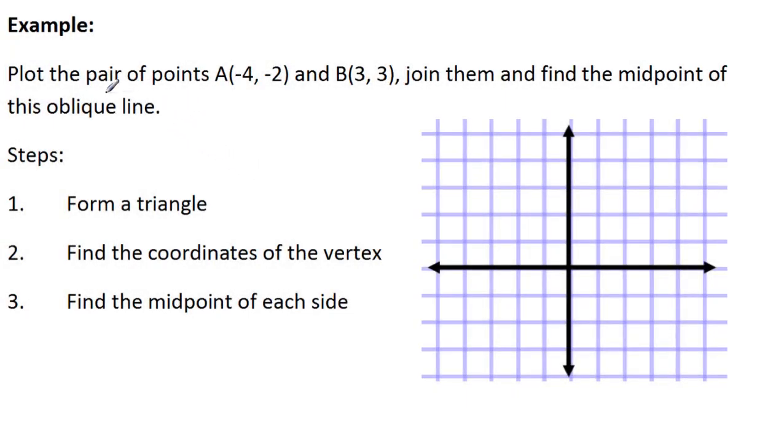In this example, we're going to plot 2 points A and B. We're going to join them together to find the midpoint between them. Now, the word here, oblique line, is a word that means not horizontal nor vertical, but a line with